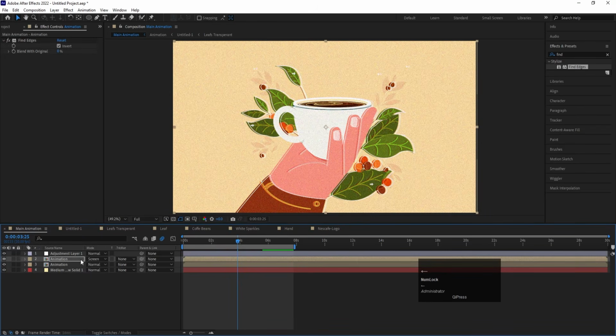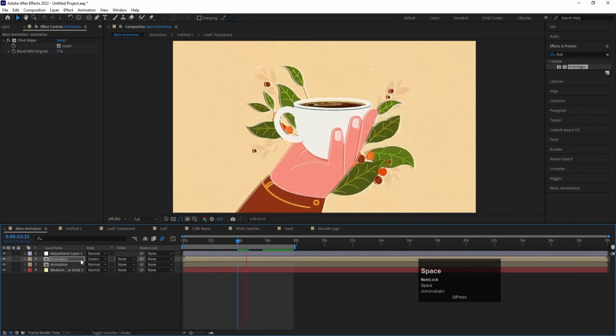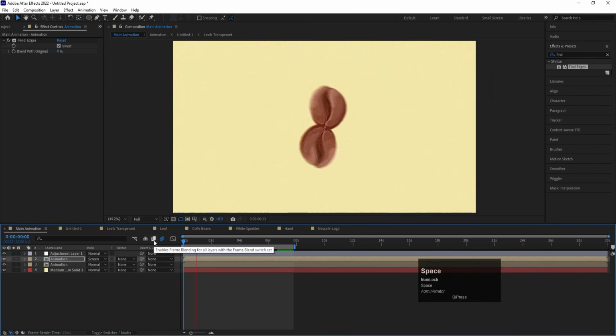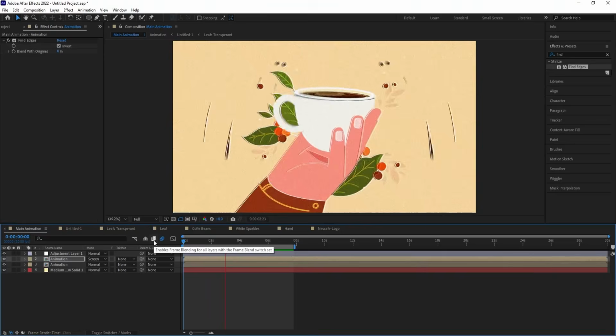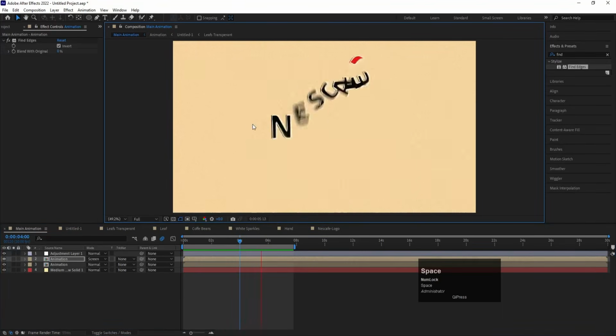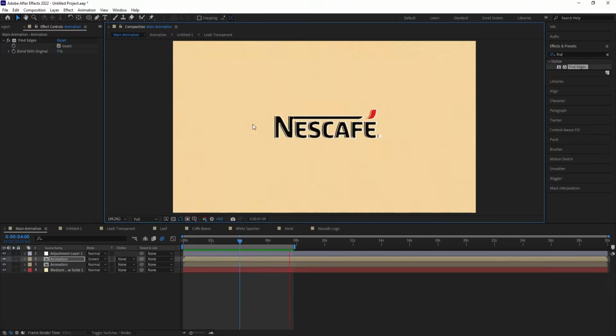With the help of arrow keys, if you move it a little bit like that, you'll get this kind of structure over here, like that. Okay, so I'm gonna go with this look. If you want, you can play around with different stuff as well, like that. Okay, so this is how you can create this kind of logo reveal and